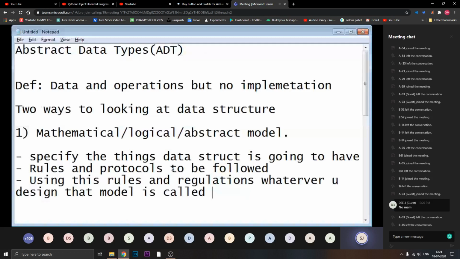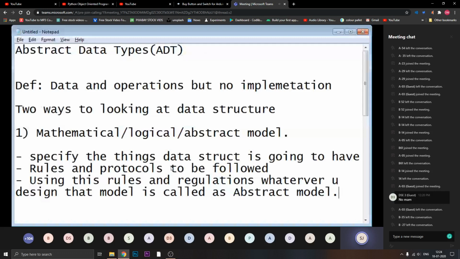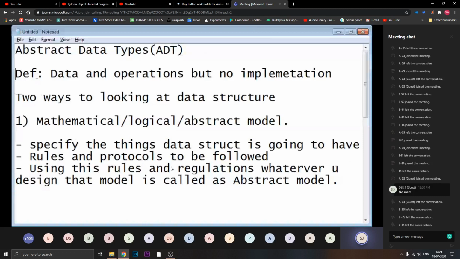Okay, so this is the description of the first point. You have to look at the data structure first as a mathematical, logical or abstract model. These three rules have to be satisfied whenever I am looking at my data structure in the first way.